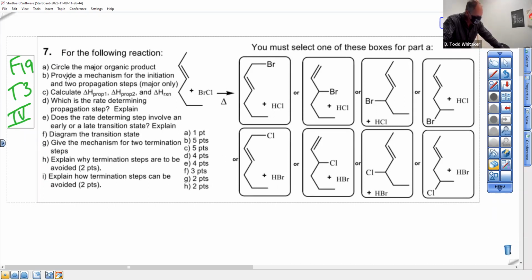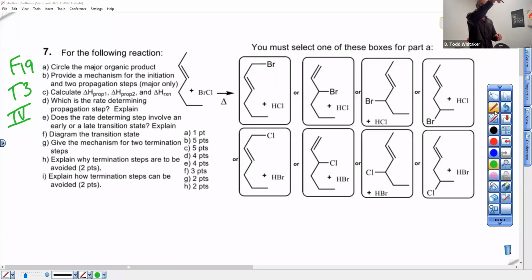A is the most deceptively difficult 1 point all semester. To answer A, there's actually 3 parts that you have to do in order. First part narrows it down to 4 boxes. Gets rid of half the boxes. You ready? No, that's later. Later. First step is,